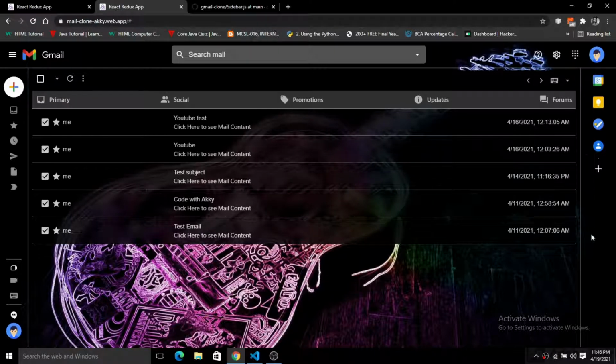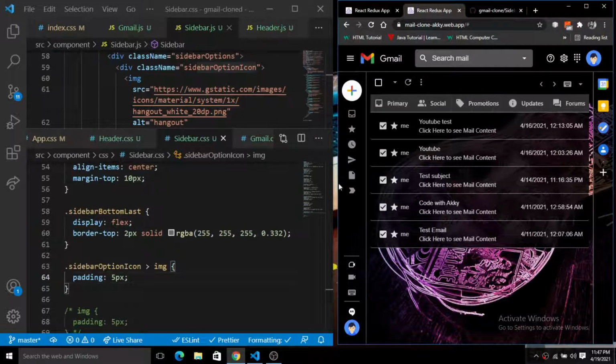So the only thing that is left here is the middle section and the widget section, right? So I will add a widget section and a middle section also. It is a very simple step to add both of these things.